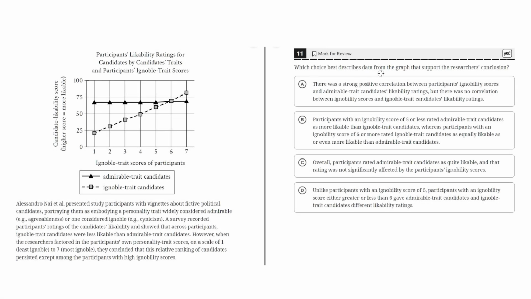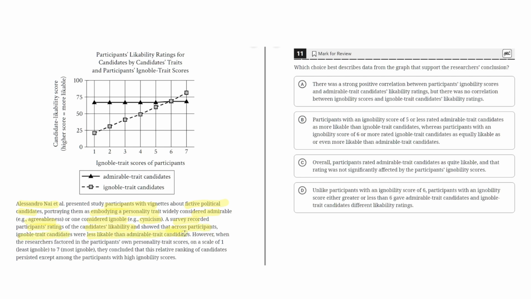Which choice best describes data from the graph that support the researcher's conclusion? Alessandro Ney et al. presented study participants with vignettes about fictive political candidates, portraying them as embodying a personality trait widely considered admirable, agreeableness, or one considered ignoble, cynicism. A survey recorded participant ratings of the candidates' likability and showed that across participants, ignoble trait candidates were less likable